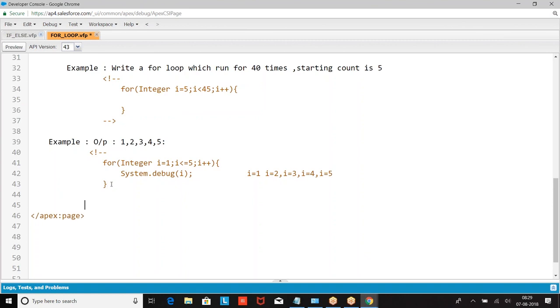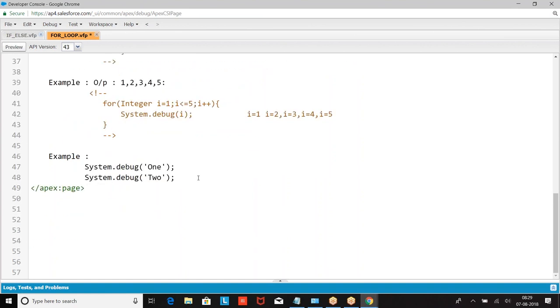Now, to understand this operation carefully, look at this. What exactly is the purpose of a for loop? Try to understand this. I'm giving System.debug 1. If I write System.debug 1 and then 2, what is the output I'm going to get? 1.